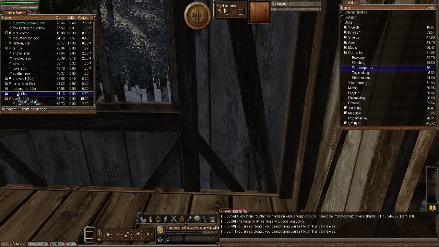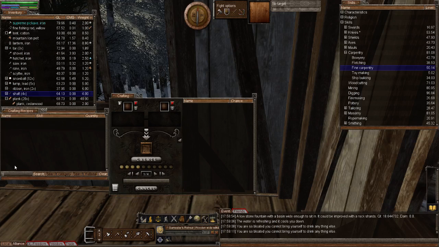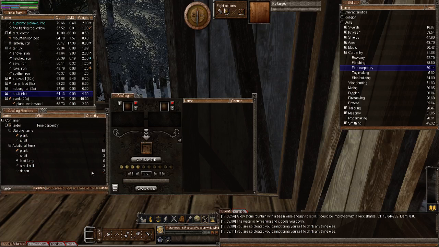But however, let's show you the new school way. So if I go to the crafting menu and bring up the recipe list and just type in larder, there you go, there's the larder. Let's add that to the crafting window. First of all, just to show you, there's the total materials that I'd listed to you. Let's now add this larder to the crafting window